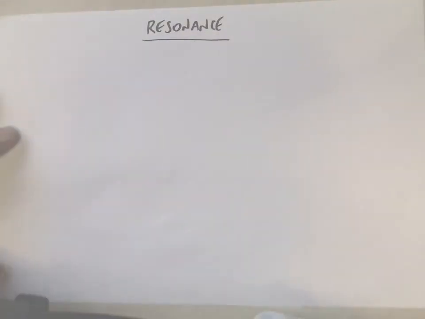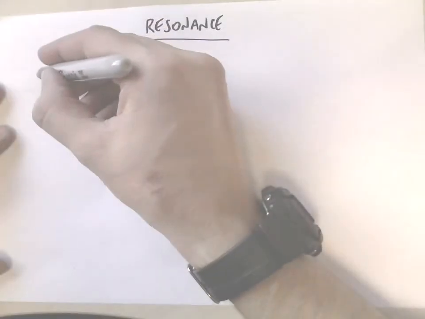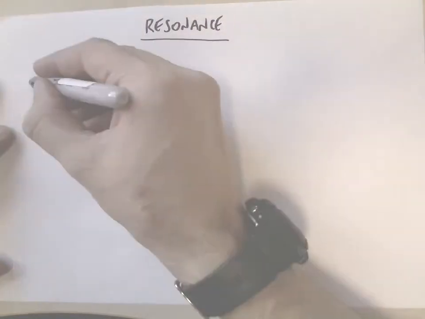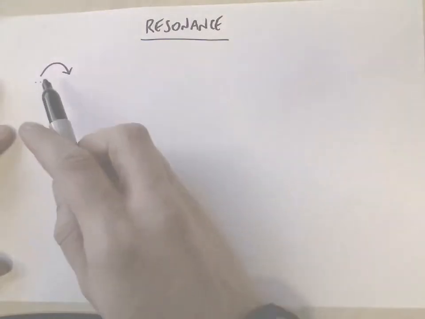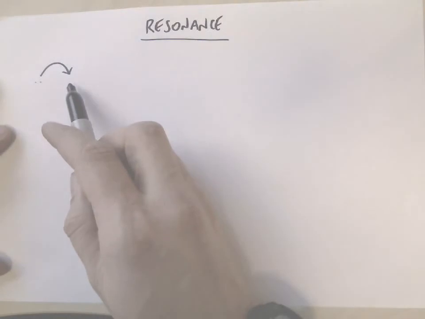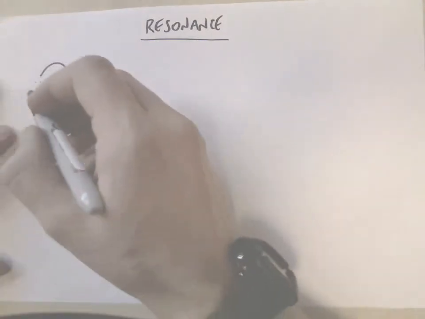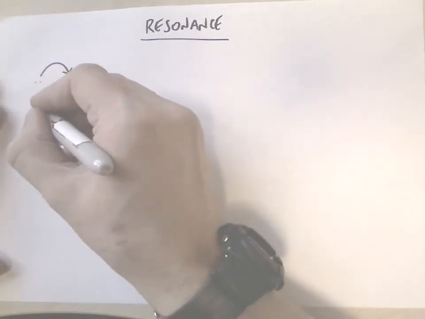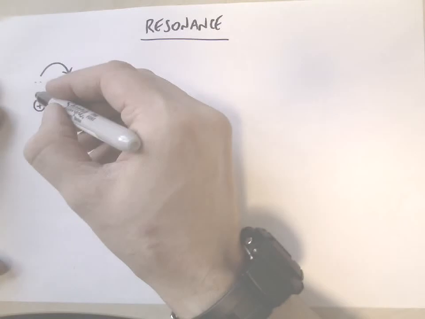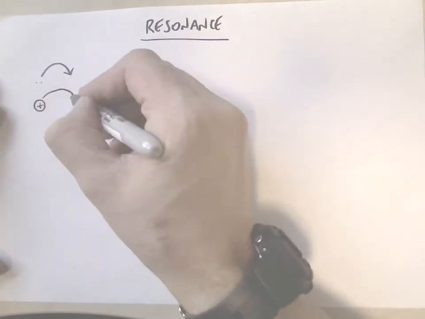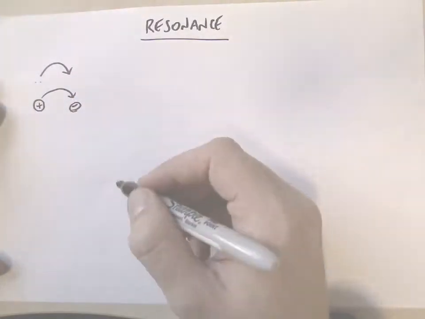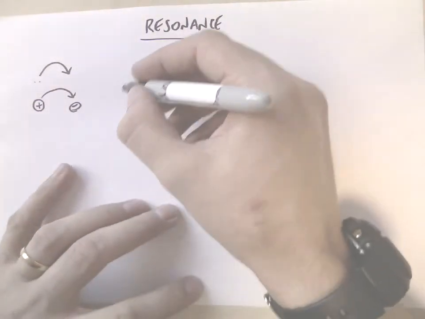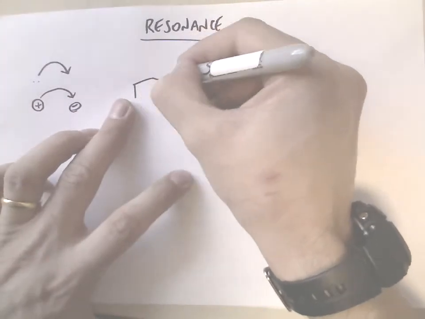So to start with, you need to understand that when you see an arrow such as this, it really is the movement of electrons from there to there. Okay? And if the electrons have moved from there to there, then evidently you will end up with a positive charge where they've come from, and a negative charge to where they're going, because electrons are negatively charged. So if we look at an example, just a simple example,